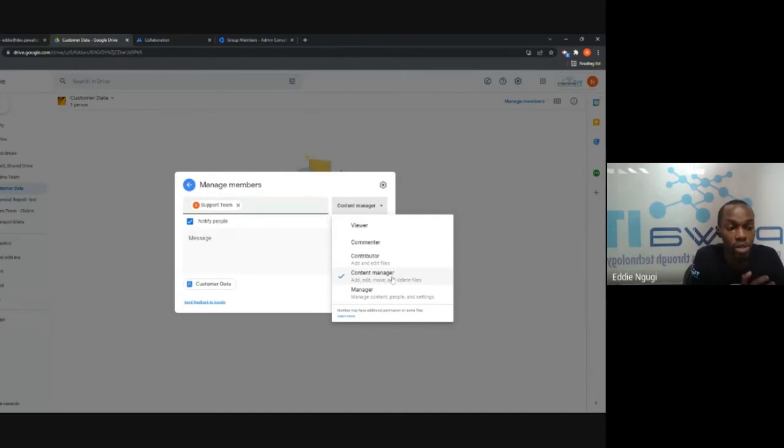So the highest role within a shared drive is the manager, where this person can moderate the content, people, and settings within the shared drive. The level below the manager is the content manager. The content manager role allows you to add, edit, and move files, and even delete them. Right? And then there's a contributor role, which only allows a member to add and edit files. For this one, since I want them to be able to move files and delete some of those files,